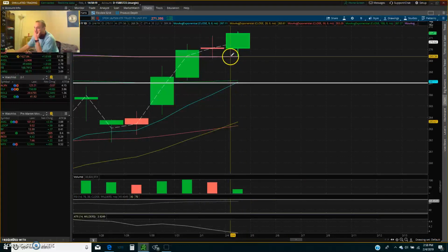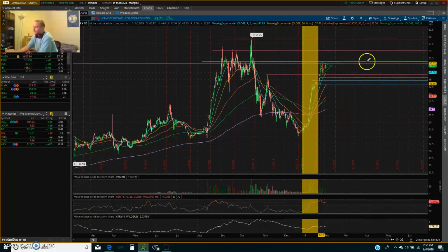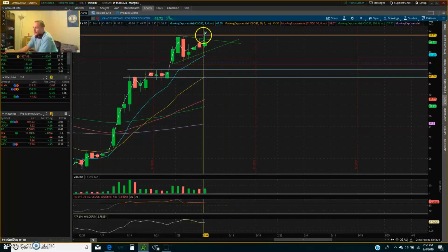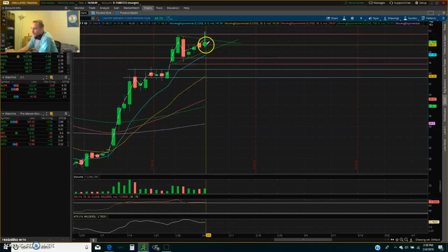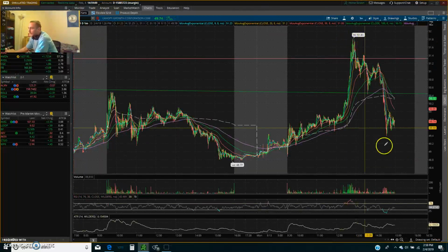So I let my CGC go, and if we look at CGC here, it ended up running up, and I sold at the open, which was somewhere in here, but it ran up. I could have sold this over, these are the lines we had on the other day. I could have sold this up over this breakout. See, it did break out, but it pulled back down. This is the daily chart, guys. This is today. So it broke out, and it came all the way back down. Yeah, I could have made money on that, but I sold it early at the open because of the price action. Let's go to today's price action, and let's see that.